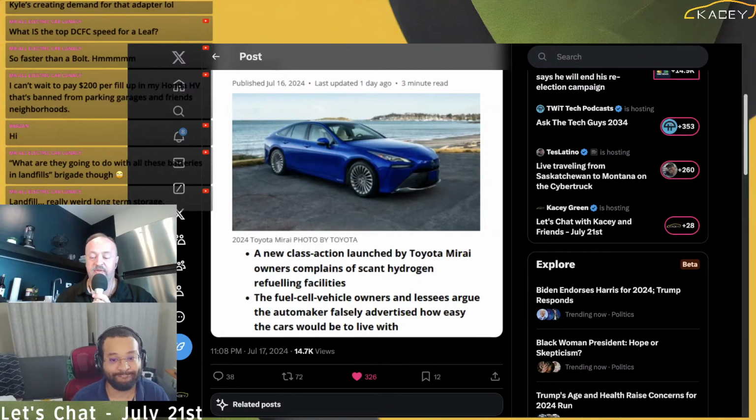And the problem is if the fossil fuel industry wanted to push hydrogen as a stopgap measure between gasoline and full electrification, they needed to start doing it a whole lot sooner and put a whole lot more money behind it. Because what they did was kind of wait until it was pretty abundantly clear that EVs were already the winner. And then they kind of half-heartedly jumped in with just a handful of stations and a handful of locations that weren't well designed, weren't well built, didn't operate as flawlessly as you might hope.